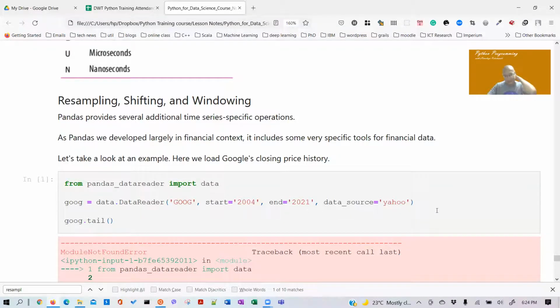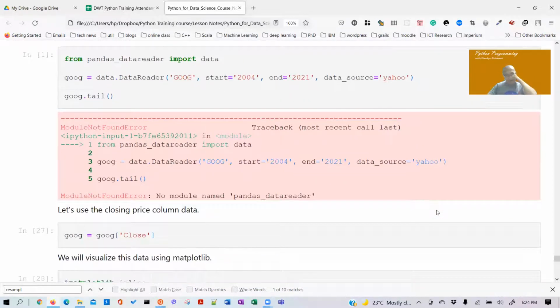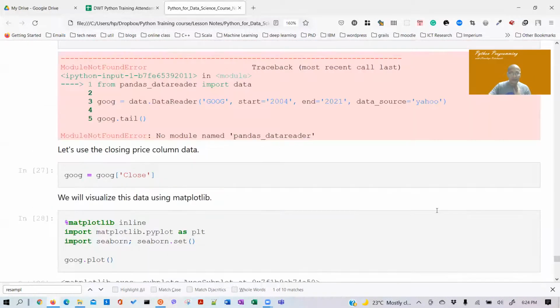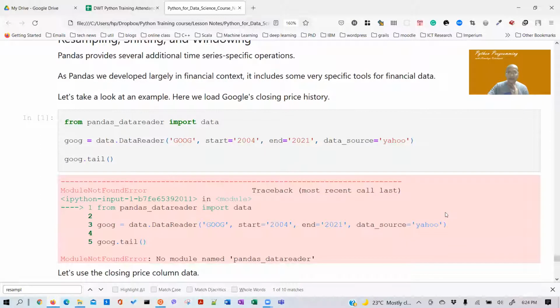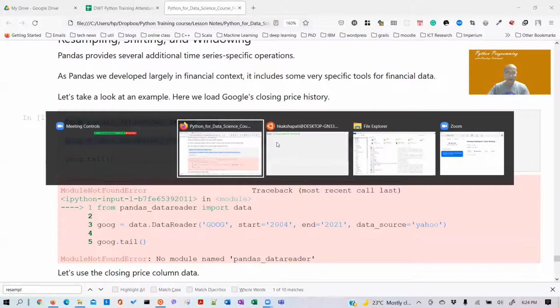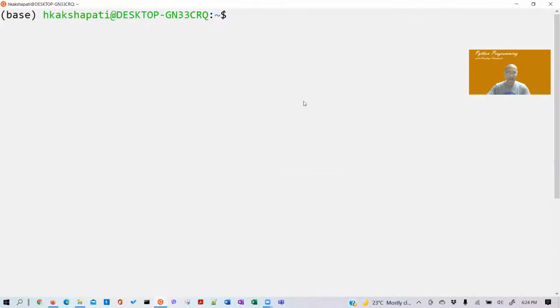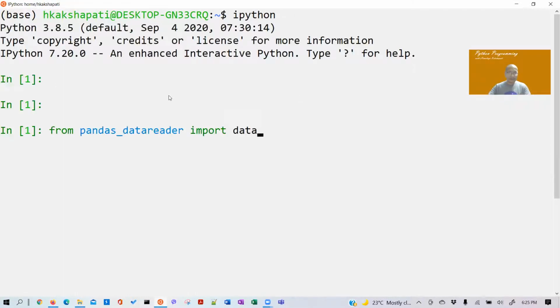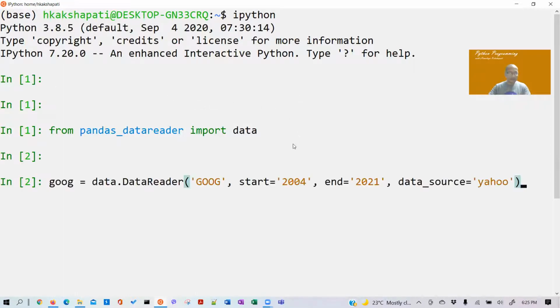So let's see. Here, what we're doing is using the Google stock price data set. It looks like they have discontinued using your web service. So let's try again. By the way, I have a Microsoft stock data set, and we'll use that one. Let me do Python and see if it works. If it doesn't, then